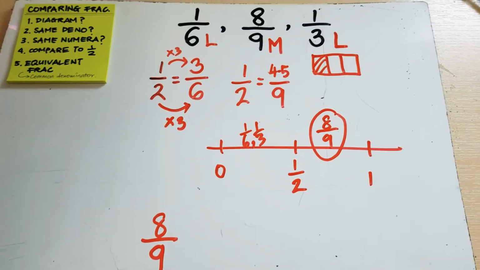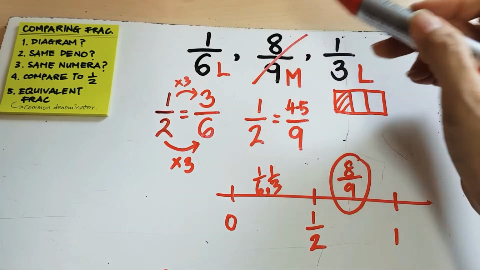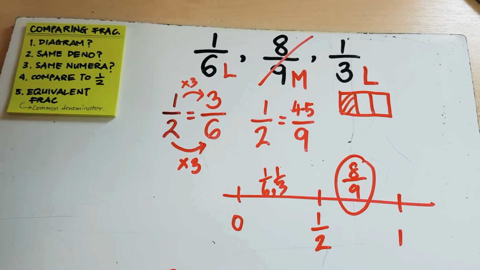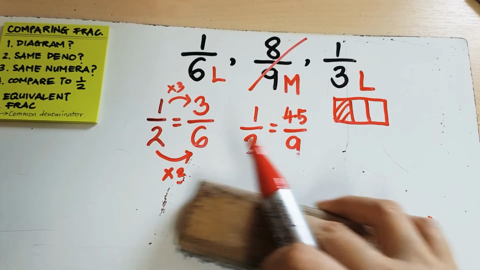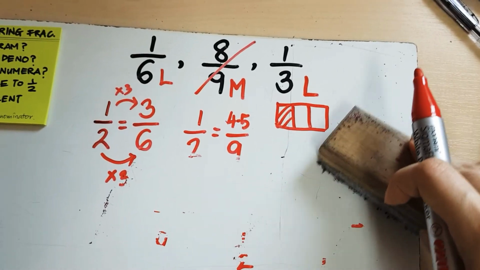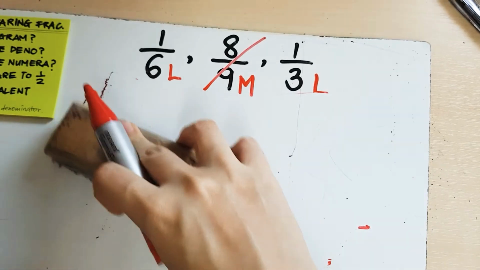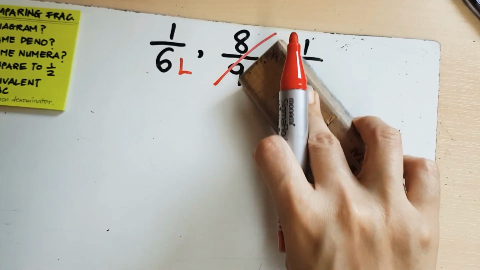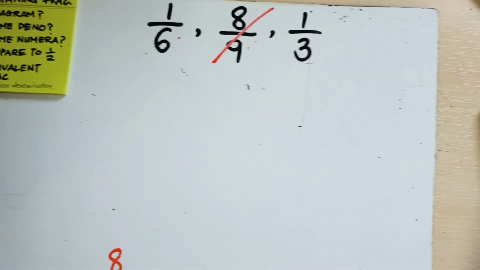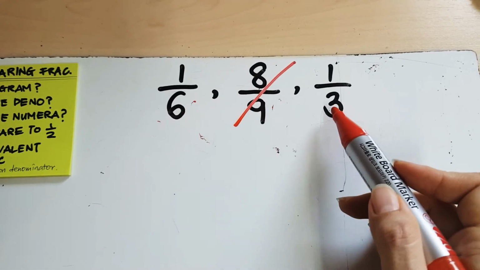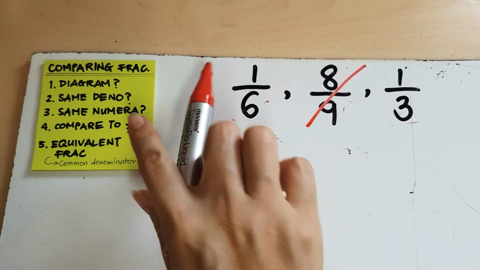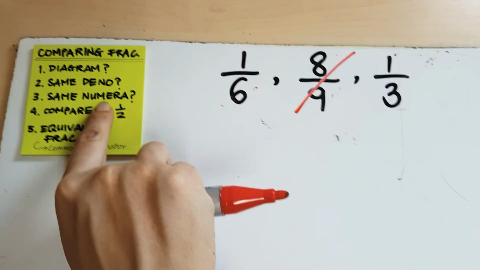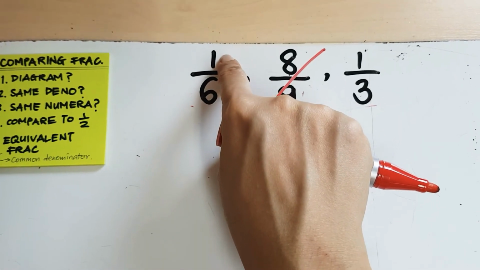Now this is good because now it eliminates 8/9. I know that that is the greatest. Okay, so now we are only left with 2 more fractions. Let me erase this first. We're just left with 2 more fractions, then we need to compare these two. So this would be 1/6 and 1/3. Now, notice that they have the same numerator. Now, same numerator means I have one piece